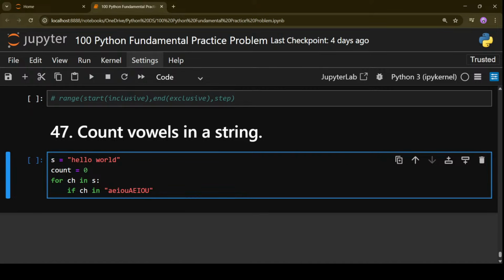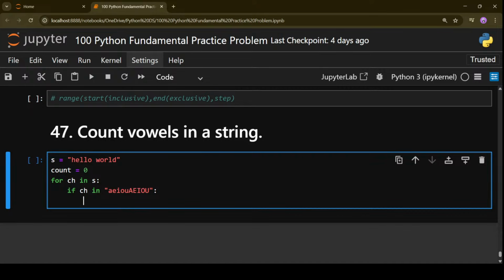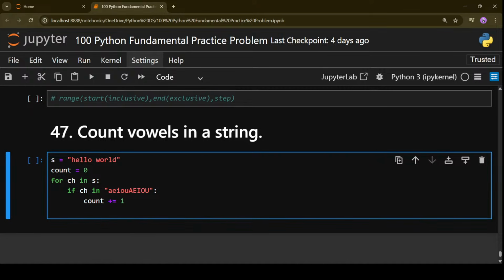So these are the 5 alphabets which are considered to be vowels in the English language. Give it in lowercase and uppercase both, so that if it is an uppercase value, count will do its work. If that character is a lowercase value, then also the count will be incremented by 1. When the condition is true, meaning whatever the current character is, if it is one of the mentioned characters, it means the condition is true.